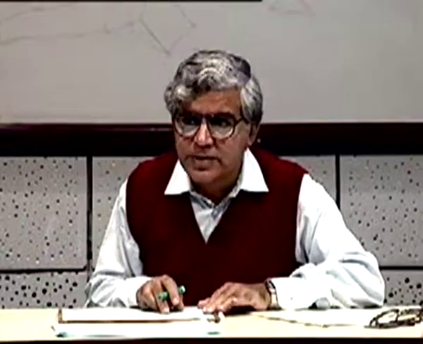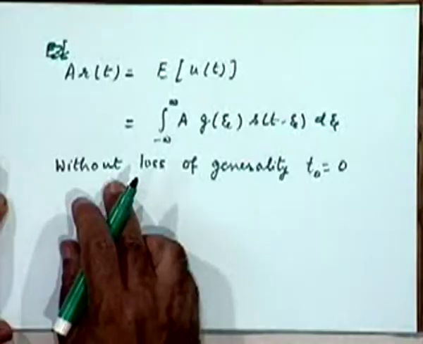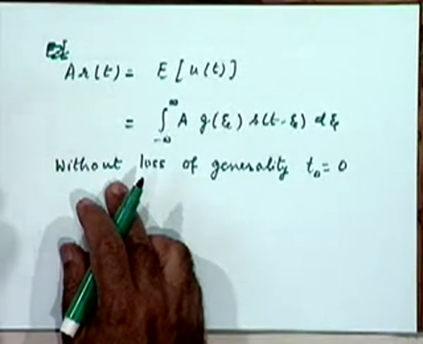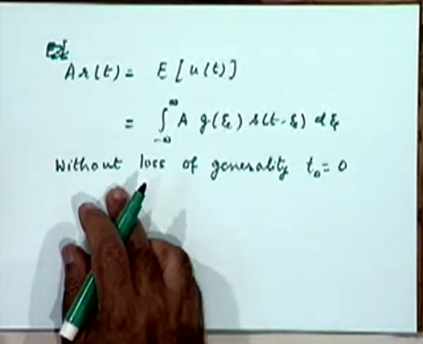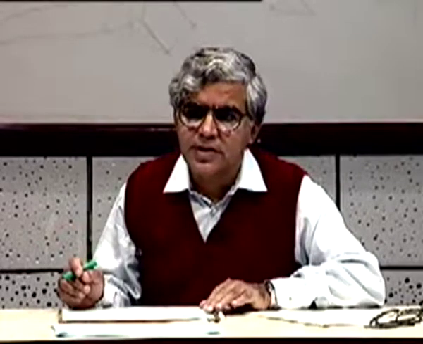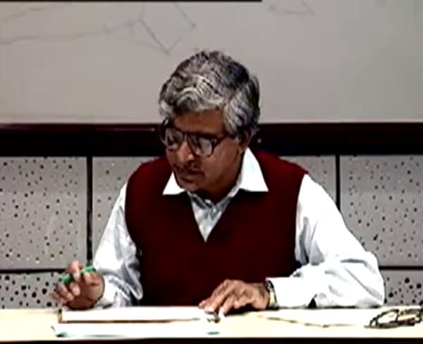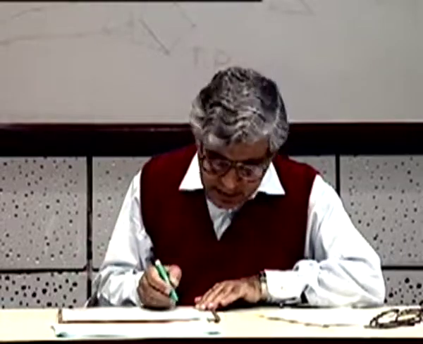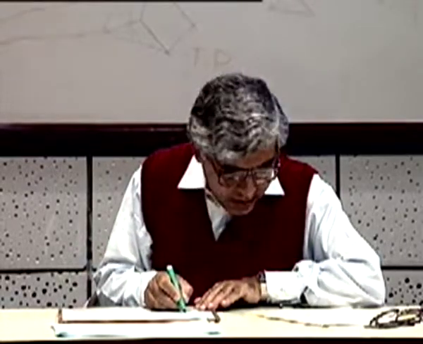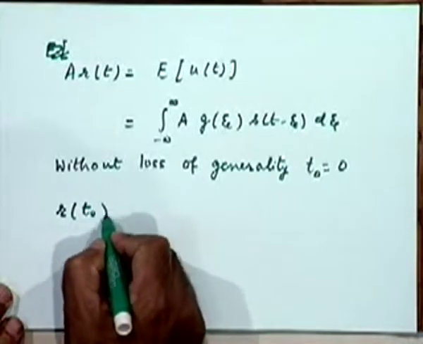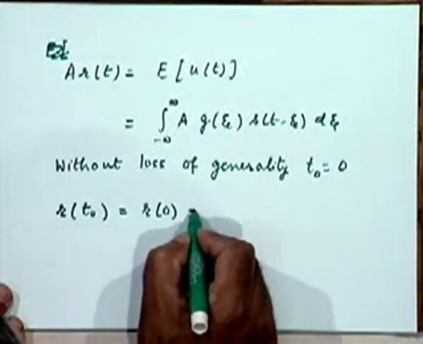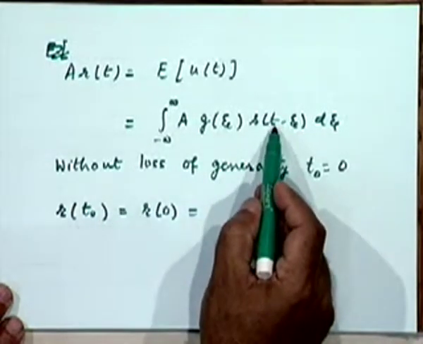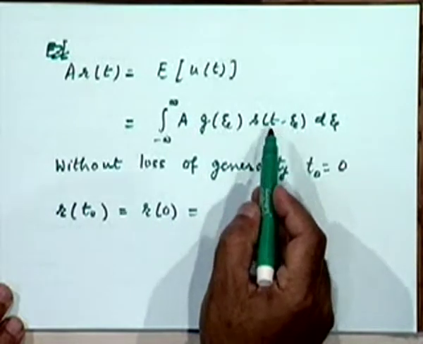Okay, can we come back to this point that it hardly matters what value of t0 I select, as long as I select it to be beyond the signal interval, right? So without any loss of generality, let me choose t0 equal to 0. That gives me r(t0) equal to r0. How can I obtain that? By putting t equal to 0 here, right?